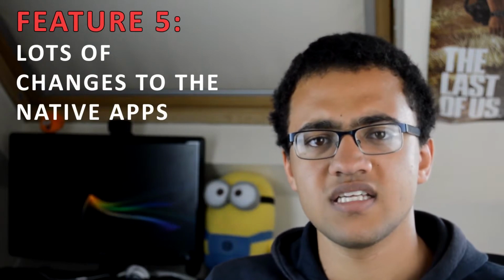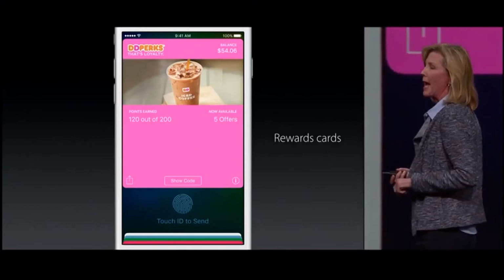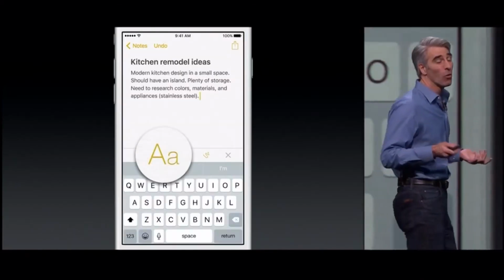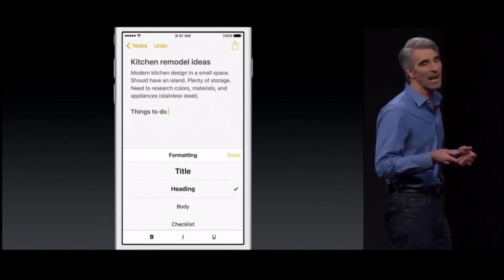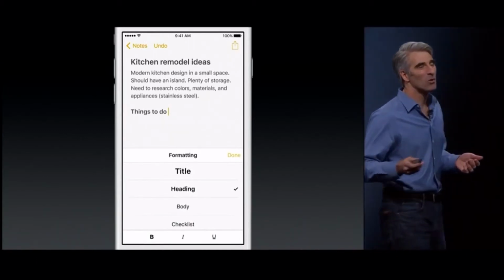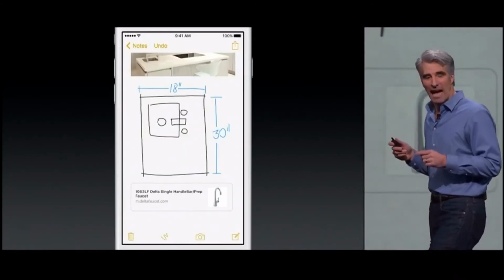My fifth point is native apps. So there's been a whole lot of changes to native apps. For example, Passbook's been named Wallet because it's got a whole lot of new things in it, such as reward cards and stuff like that. And Notes has gotten a big change too. It's gained a whole lot of features, such as bolding text, stylizing the text, adding pictures, adding links, and just adding all those things. And again, they're going to be synced between the phone and the Mac,